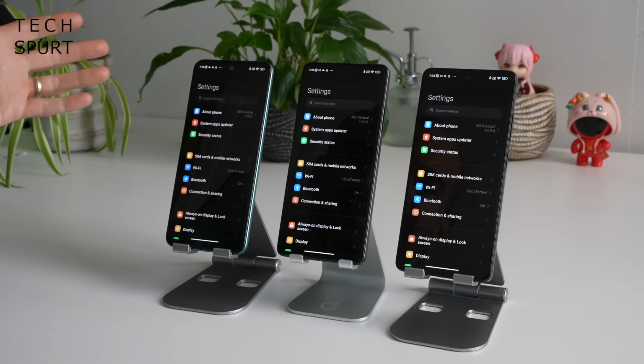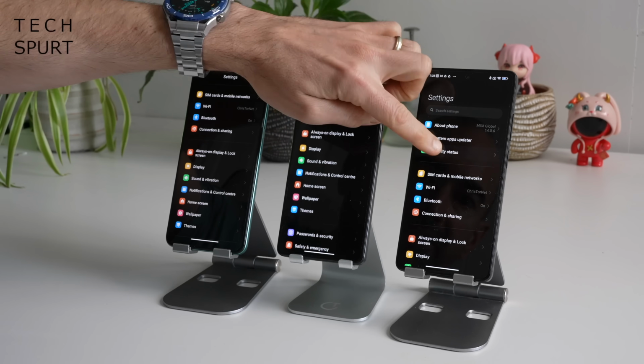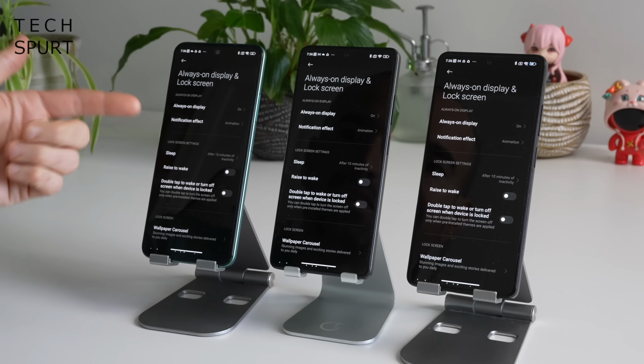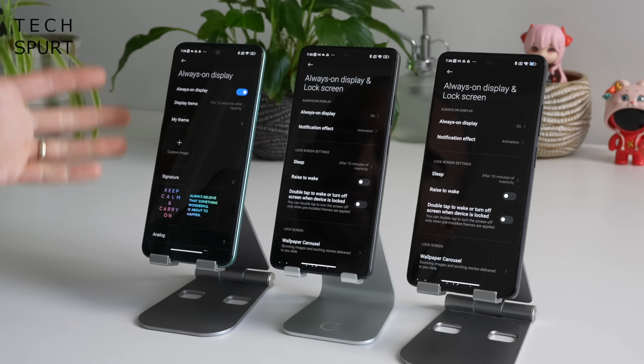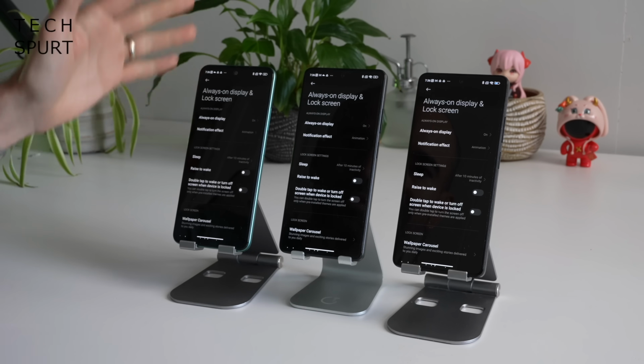And then dive on into the settings menus. Is basically the same setup on all three of these phones as well. You got the same extra bonus bits, the same customization options, the same always on display that isn't actually an always on display. It just pops up when you tap the screen, and thereby the very definition of a not always on display. Although because of the more basic performance, the Redmi Note 12 5G has had to cull a